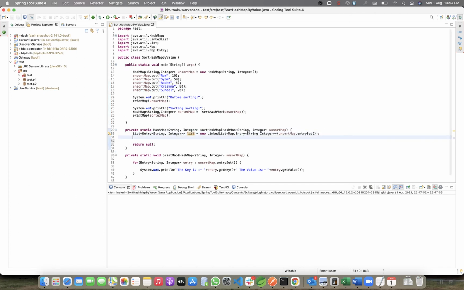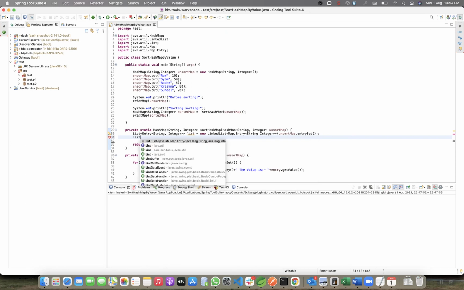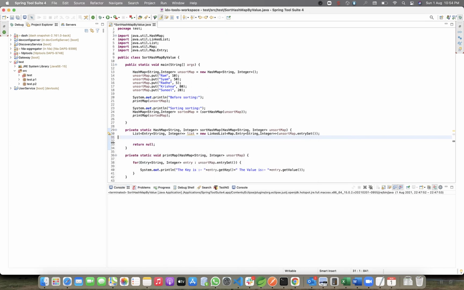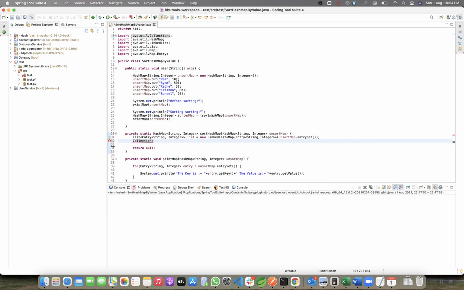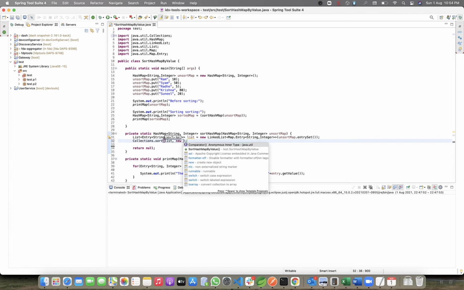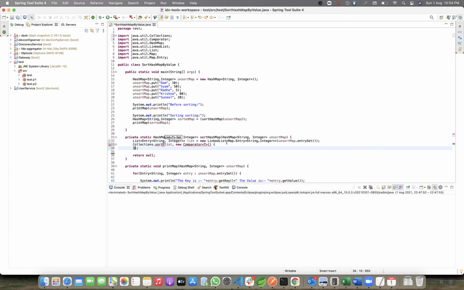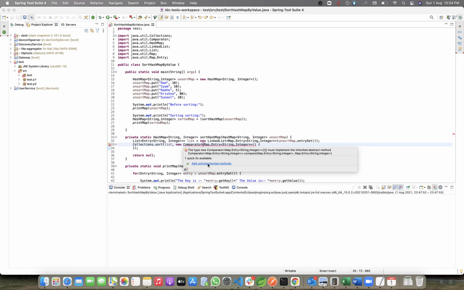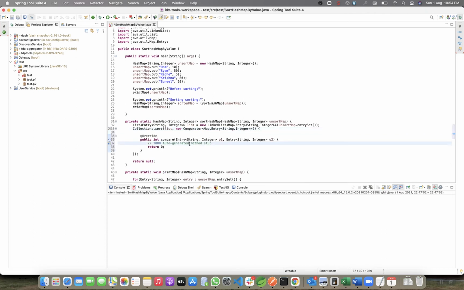Now we need to write one constructor. In the Collections class there is a sort method. Here we will pass the list, and the next parameter will be a comparator. The comparator also will be of entry type, so I will paste this and implement the method.